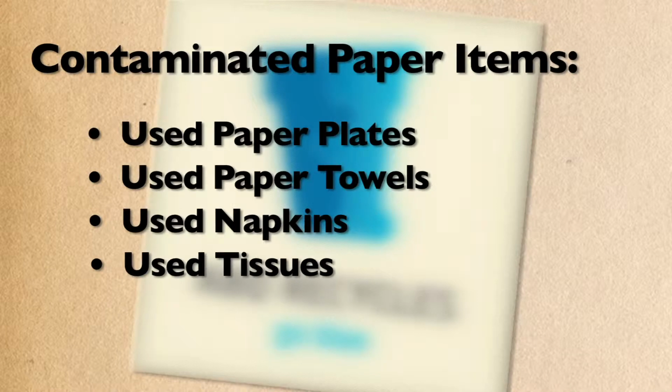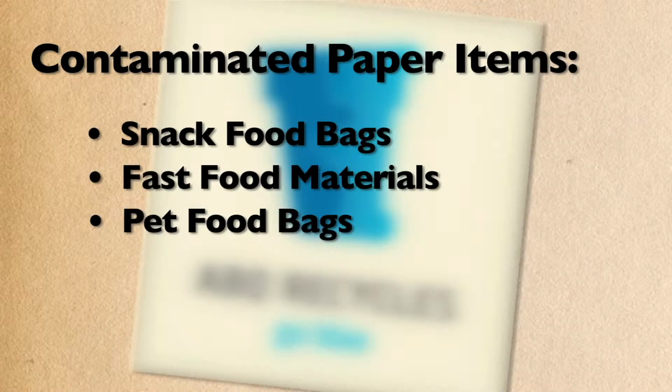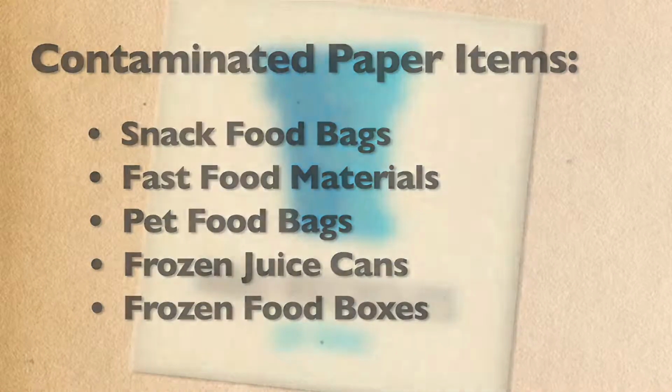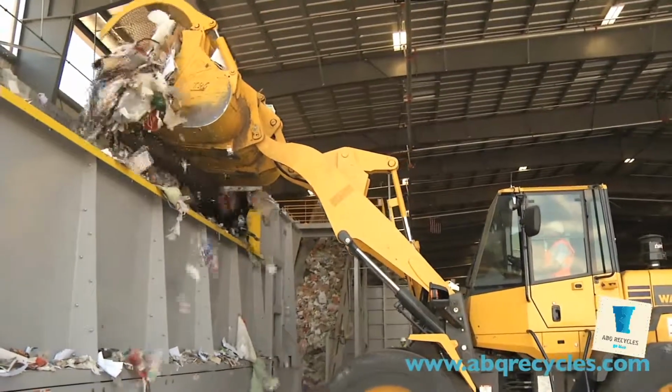napkins, and tissue. Forget that greasy pizza box. It goes into the trash cart. So do snack food bags that hold chips, pretzels, and popcorn, and all the fast food wrapper containers and cups. Pet food bags, even though they might seem like something that can be recycled, they're trash. Same with frozen juice cans and frozen food boxes. Garbage. These materials are all considered trash, and workers at the sorting facility have to isolate them to send them